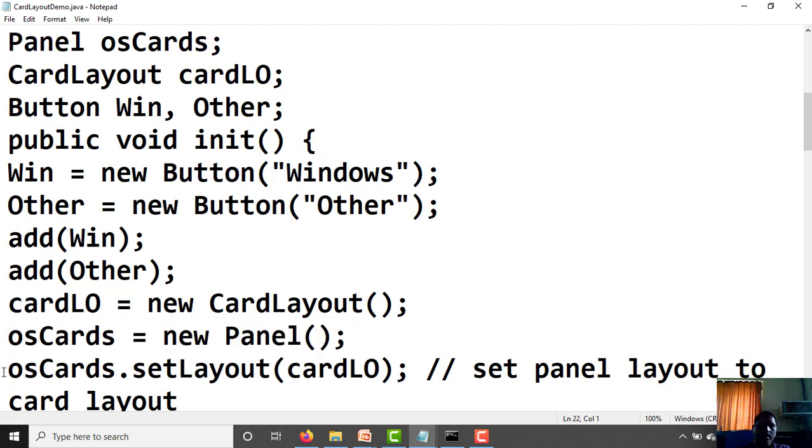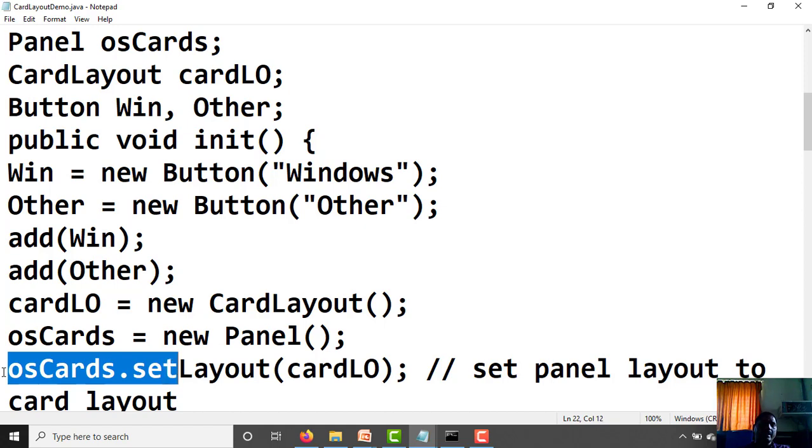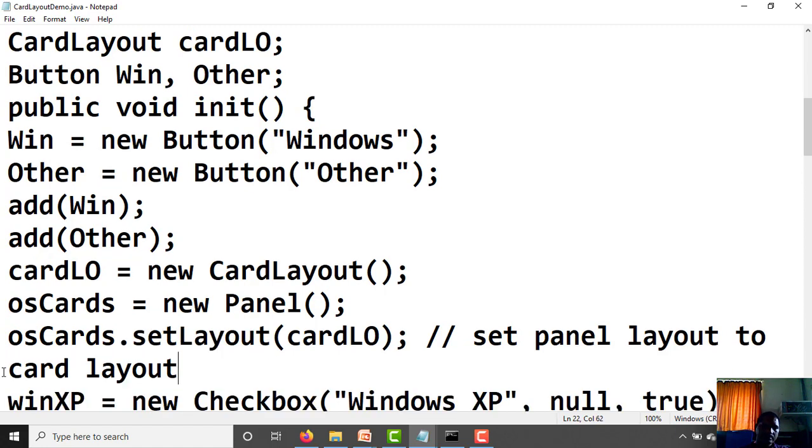Now osCards.setLayout method sets the layout, and which layout? CardLayout, and its object is cardLO. So osCards.setLayout(cardLO) sets the panel layout to card layout.